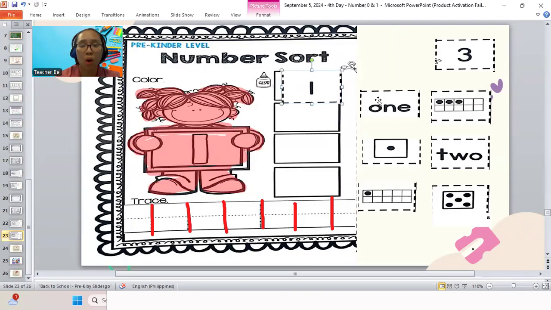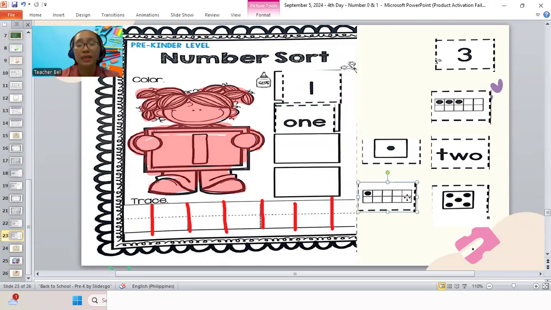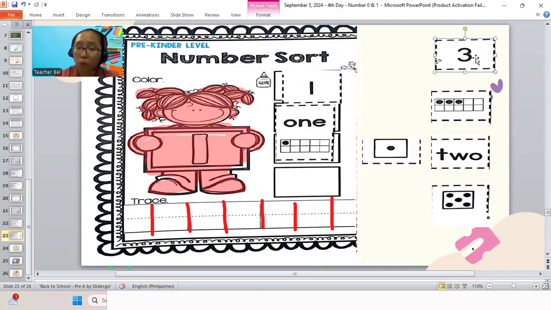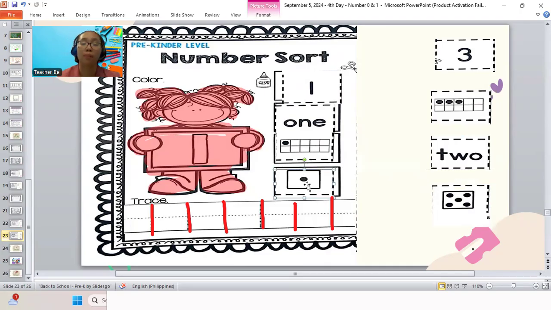This is 1. How do you spell 1? O-N-E, 1. I see the frame with 1 dot. Do we have 1? No, that's 3. How many dots in this frame? 1, 2, 3, not 1. This is the word 2. How many dots in the dice? 1, 2, 3, 4, 5. That's 5. But is this one? Yes, this is the number 1.